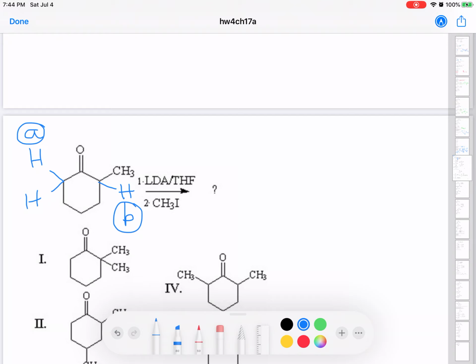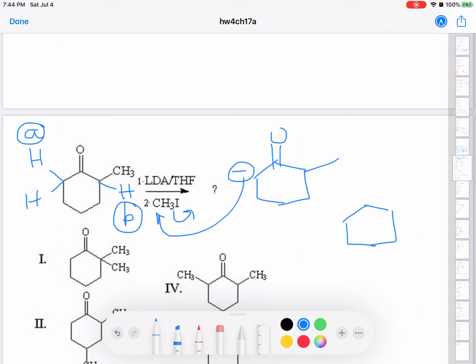Hydrogen B is more hindered with a methyl group, so hydrogen A would be easy to remove because it's more open. So you can form the enolate ion here. And then when you add the methyl iodide, it attacks the methyl group and leaves the iodide group. So then your product is going to be